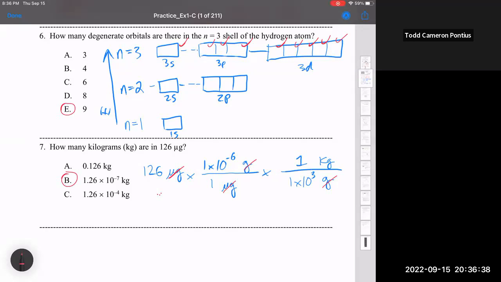I just want to note, as you prepare for the first exam, just make sure you're comfortable with how your calculator does order of operations, okay? So if you were to type this in as 126 times 1 times 10 to the negative 6th, it treats it differently than if you put things in parentheses. Personally, my favorite calculator to use